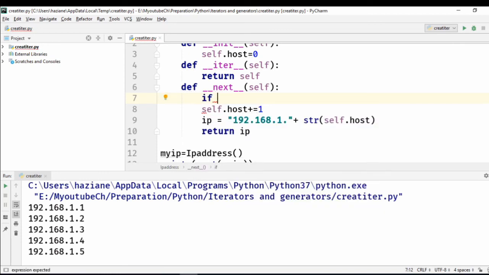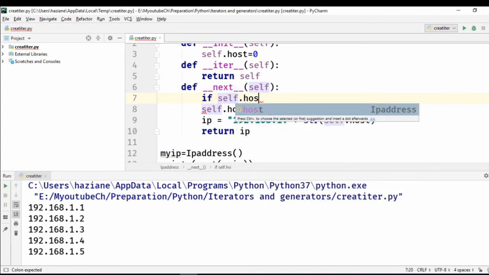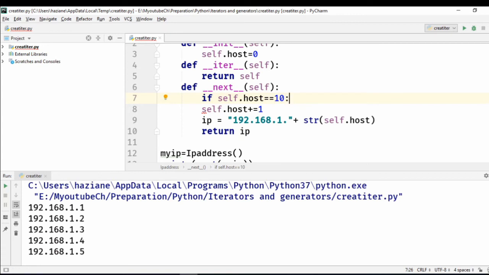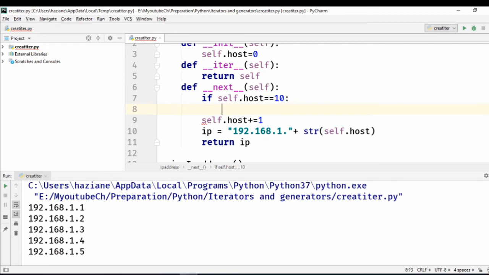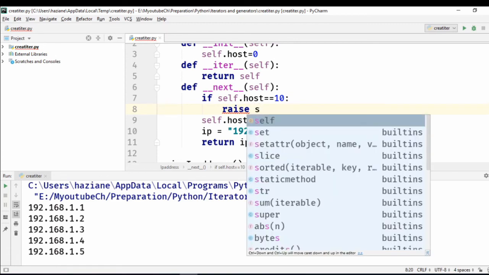So if self host equals 10, so we will have a maximum of 10 hosts and 10 IP addresses in our network using our DHCP server. So if this condition is verified,